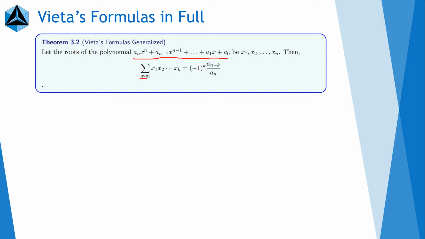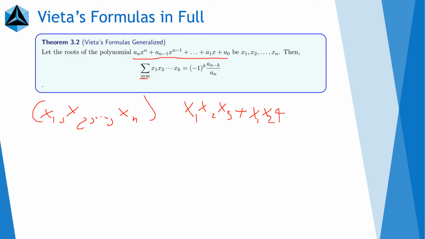So it's kind of a complicated formula. Well, let's first break down what the symmetric sum really means. The symmetric sum basically wants us to list out all combinations of x1, x2, up to xn, not permutations, combinations, depending on the size. So if we have size 3, then all the terms would be like x1 x2 x3, plus x1 x2 x4,